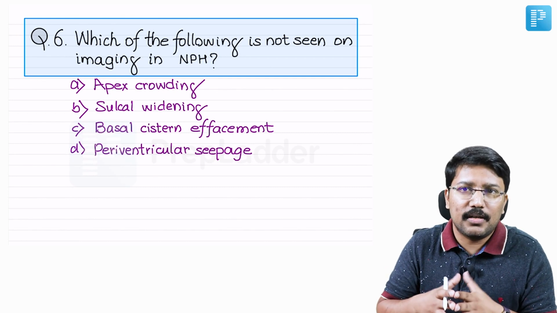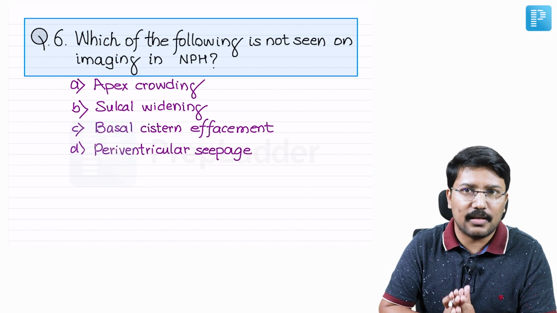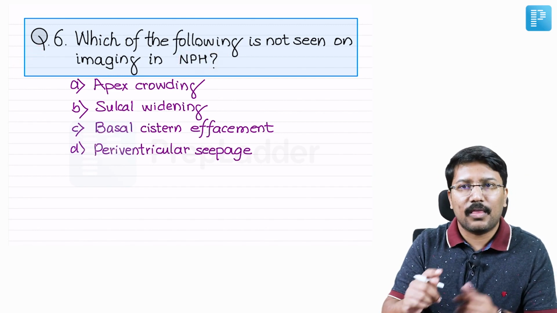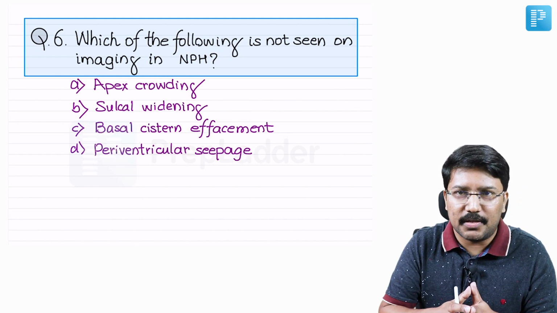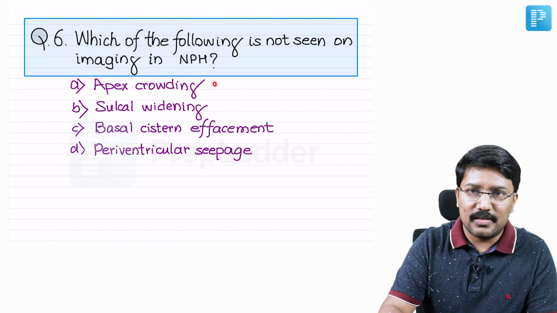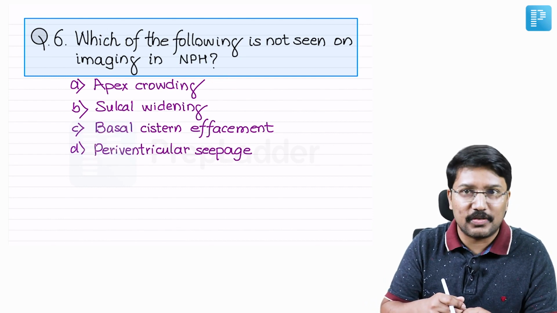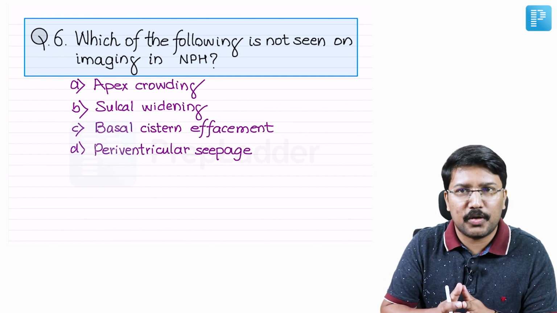I will go through a little more literature. I'll also talk to my neuroradiology friends and then we will come out with the answer, right? But remember, now that we have encountered a question, radiology of NPH will remain an important topic for the next 2 or 3 examinations, right? So they can ask about these individual signs or they will give you images and ask you to diagnose. So all those are now possibilities. So it just goes on to say that we have a new topic to focus on.